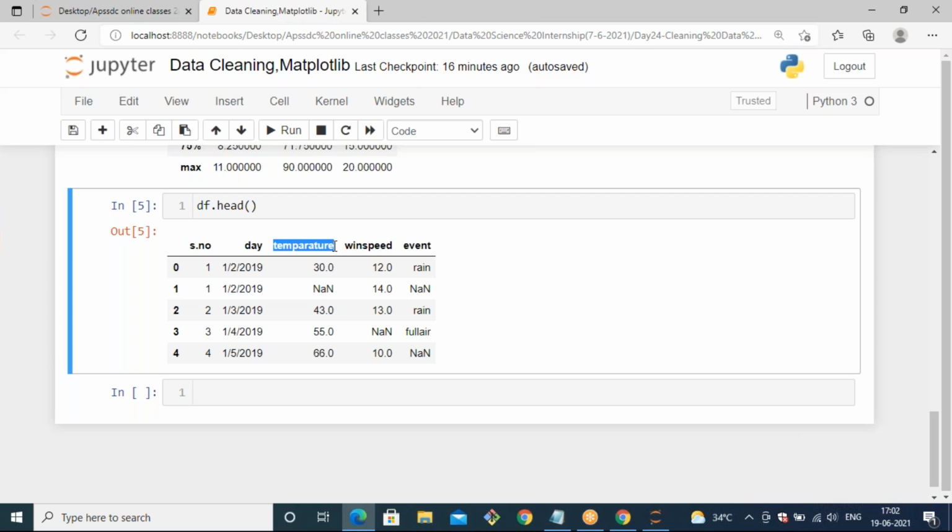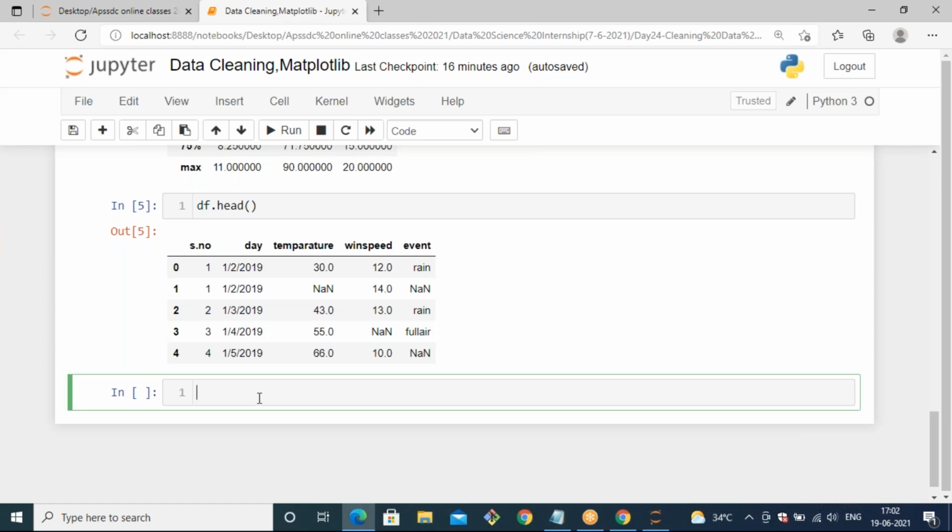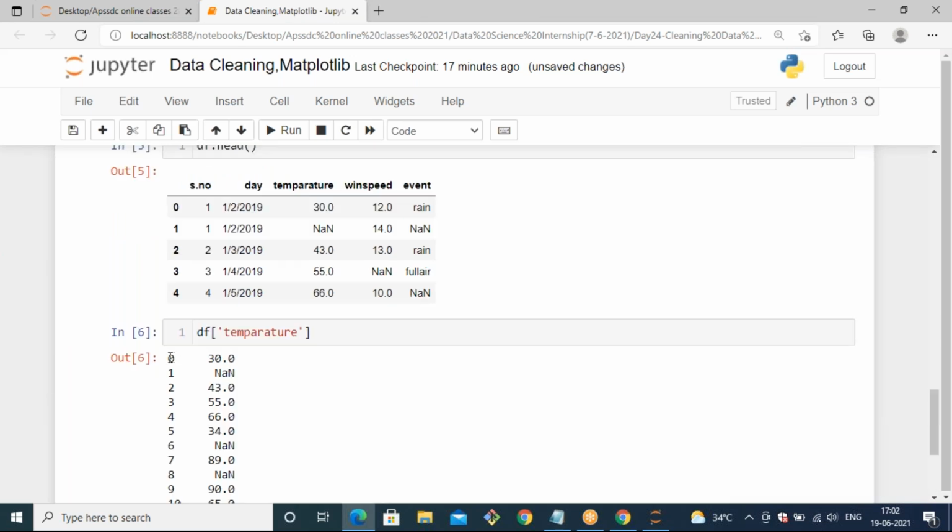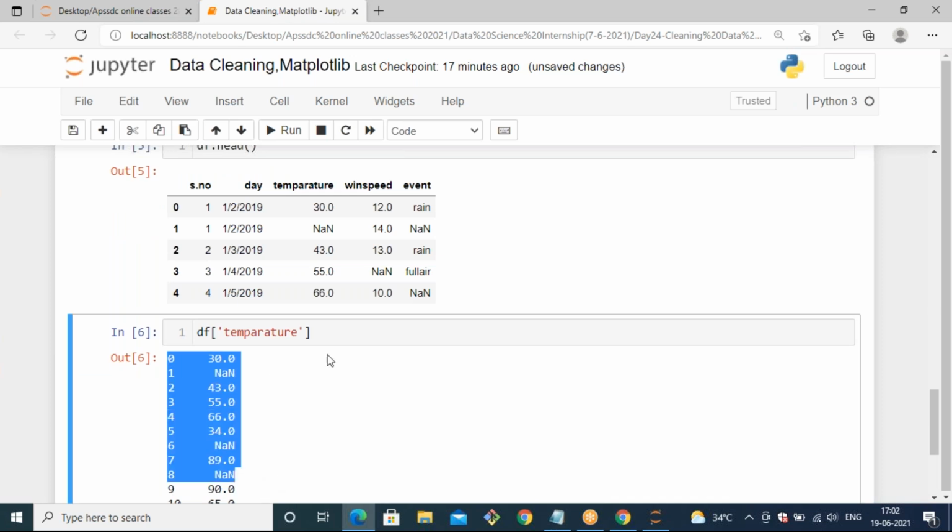Yeah, we can mention that column name, right? So we can mention the column name like df of, I'm just typing TE on my keyboard and then pressing tab. It will automatically get the temperature column with respect to this df. If I give tab, the entire temperature column is highlighted. Now you can observe the entire temperature column is accessible here. You can access this by using loc, iloc also, but when you have a label name, you can directly access it. The columns can be directly accessed with the label names.